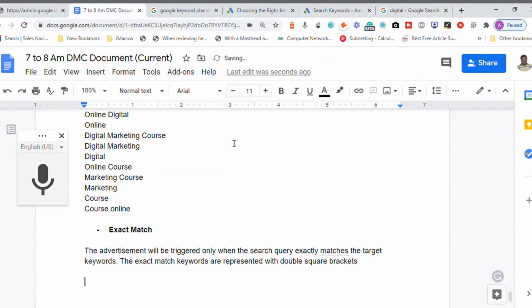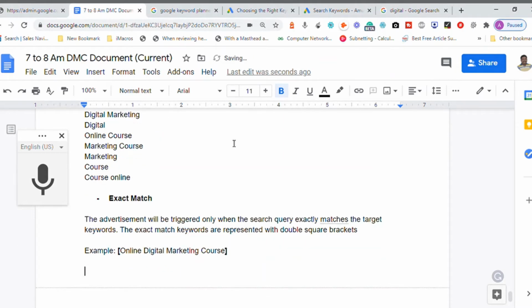For example, this online digital marketing course will be given inside the square brackets like this. At the starting and end of the keyword, you will be adding these square brackets. So whenever you see this, it means it is an exact matching keyword.